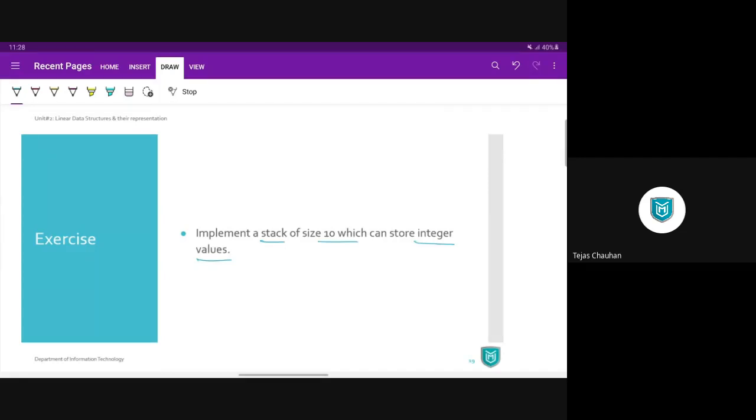Change: calculate the index, top minus position plus 1, validate that index from 0 to top, and then you update the value. Display operation: run a loop starting from top up to 0. So it's a reverse loop, I minus minus, and data of I we need to print. Emptiness: top is -1. Full: top is maximum. So these are the operations we have seen on this stack.